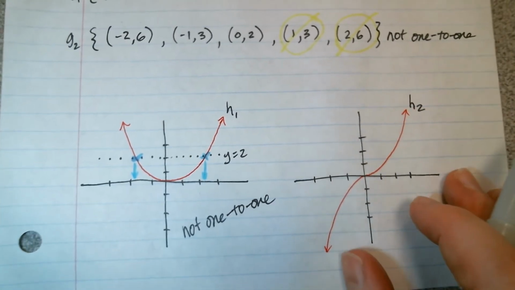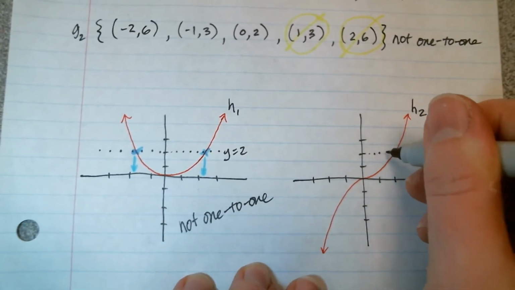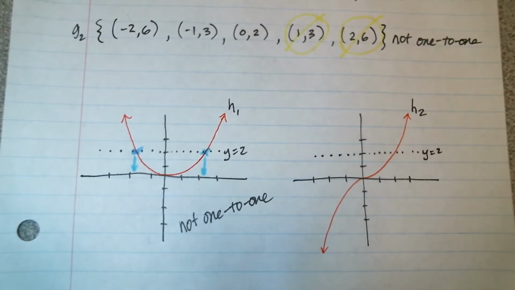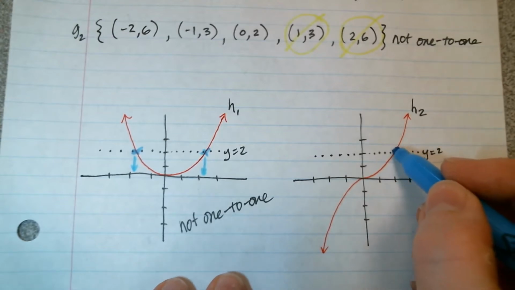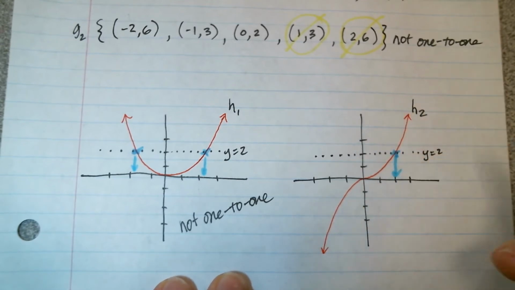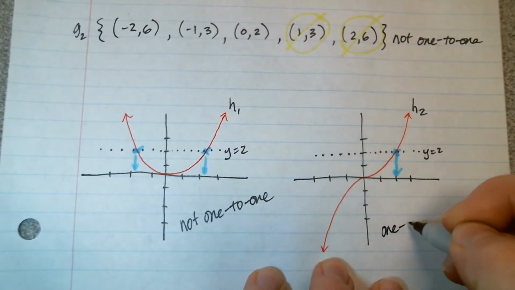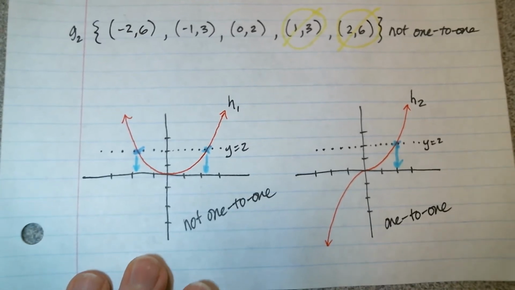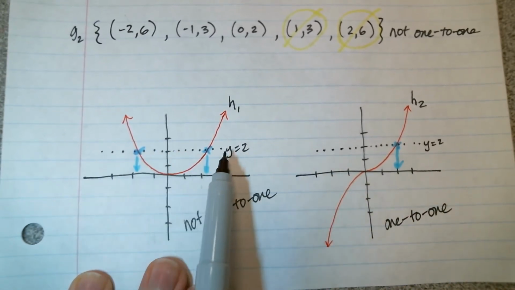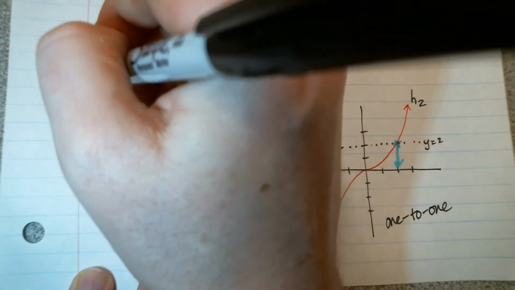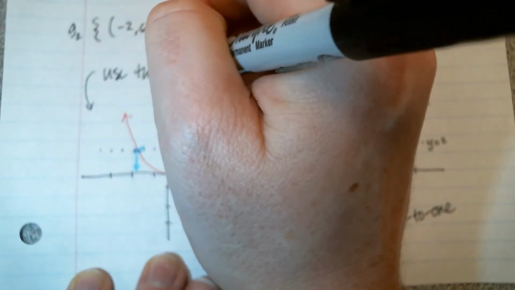While this function over here, if I look at y equals 2, we can see that there's only one coordinate on this graph that has a y value of 2, and it corresponds with this x value right here. And we can see that this function is 1 to 1. And we can confirm that using what we call the horizontal line test. So as you can see, these are horizontal lines drawn in here. So for the graphs, we use the horizontal line test